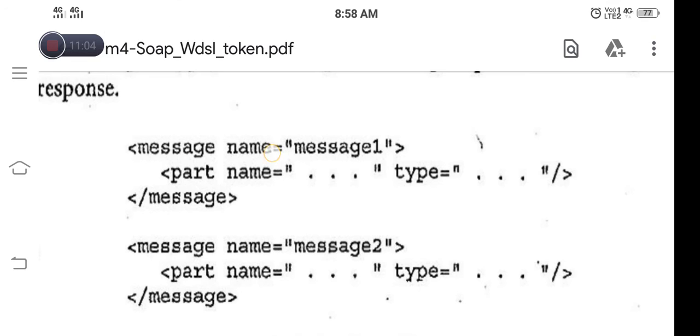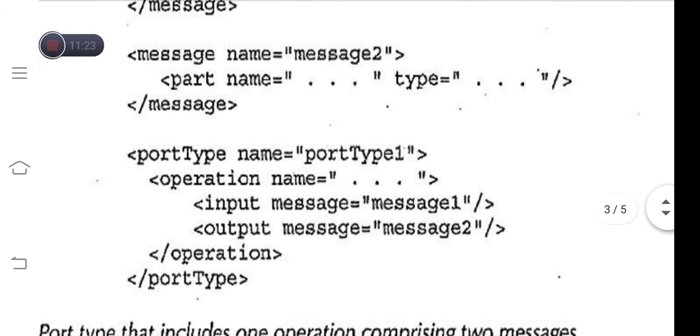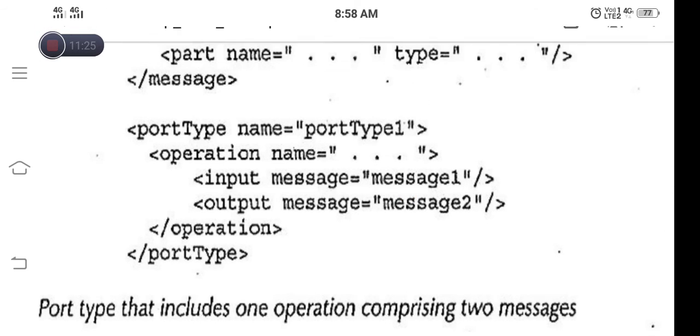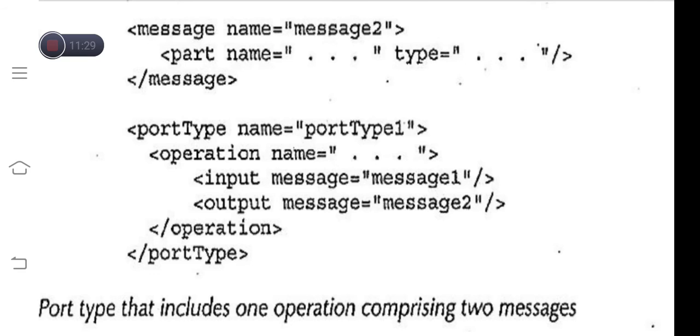For the message we have the name message 1, and we can also specify other parameters, such as the part name and type. Similarly with message 2. So message 1 and message 2 are defined above, before use. Inside the operation we make use of message 1 and message 2 and mention the type: message 1 is of type input, message 2 is of type output.